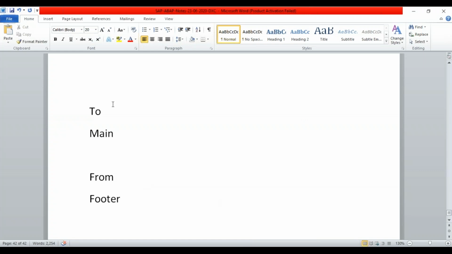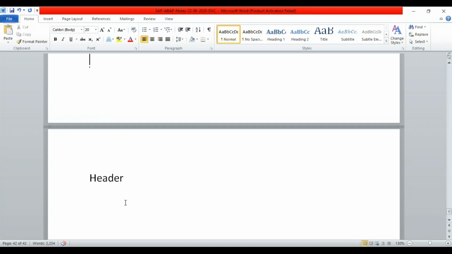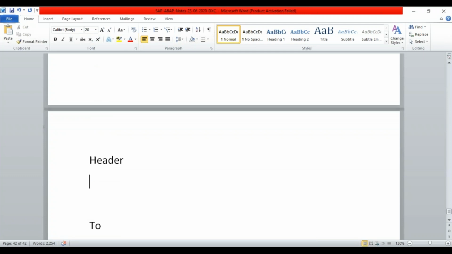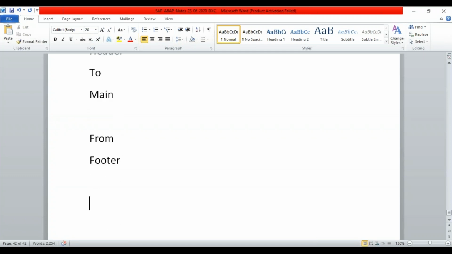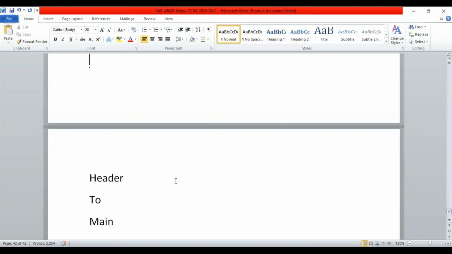So we can get all these things like to, main, from, footer, and then we have this. These are all the windows that we can create. A header. We can create these headers, these windows, and then we can populate some data in this. So for this, what we'll do is we'll design the page, we'll design these windows, and then we'll design what should come in that. And remember, anything that we get in this,